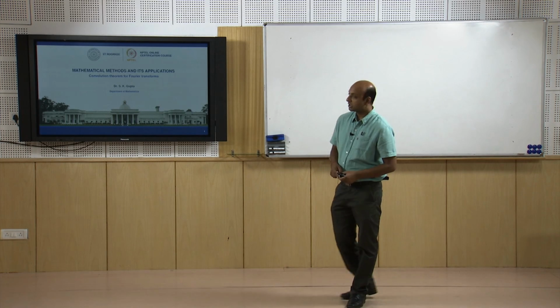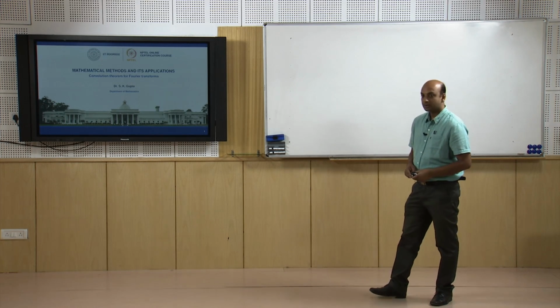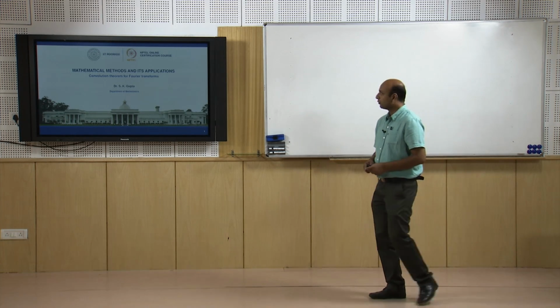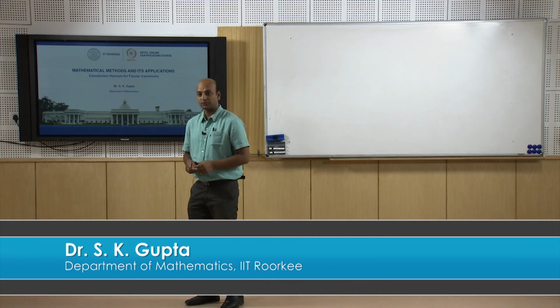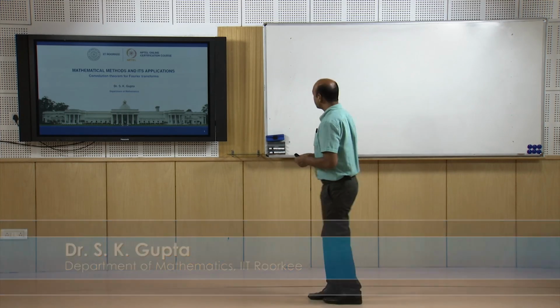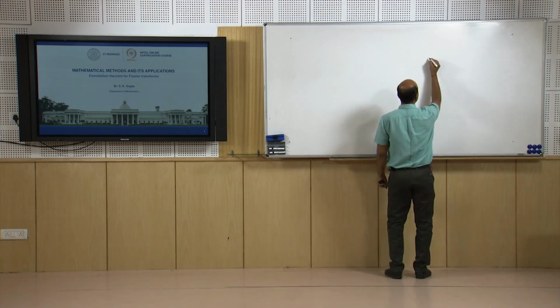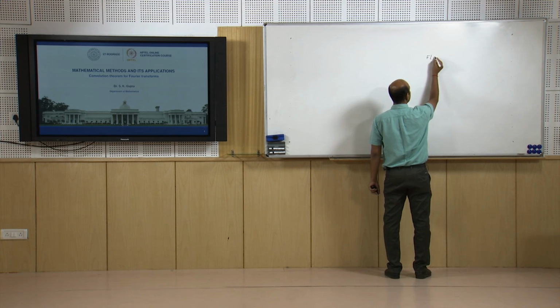So, welcome to a lecture series on mathematical methods and applications. We have seen what Fourier transforms are, and also we have seen Fourier sine and cosine transforms. So, how can you write the Fourier transform of a function f(t)? The Fourier transform of a function f(t) is given by